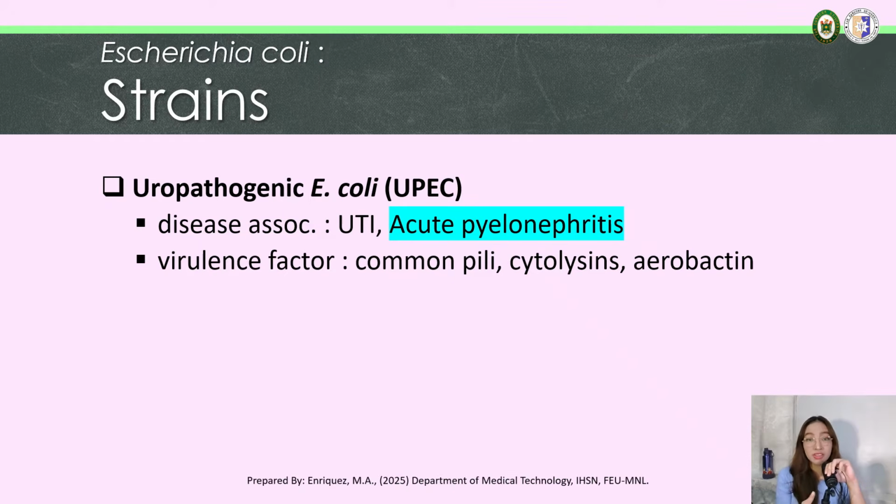And again, it's because of their adhesive fimbriae or yung common pili nila. Because again, the common pili is used for adherence, meaning magiging makapit sila dun sa mucosal surfaces that they're currently infecting. They adhere enough that they don't get easily washed out by urine flow. All right. So again, that's one of the virulence factors of the uropathogenic E. coli. Next is the